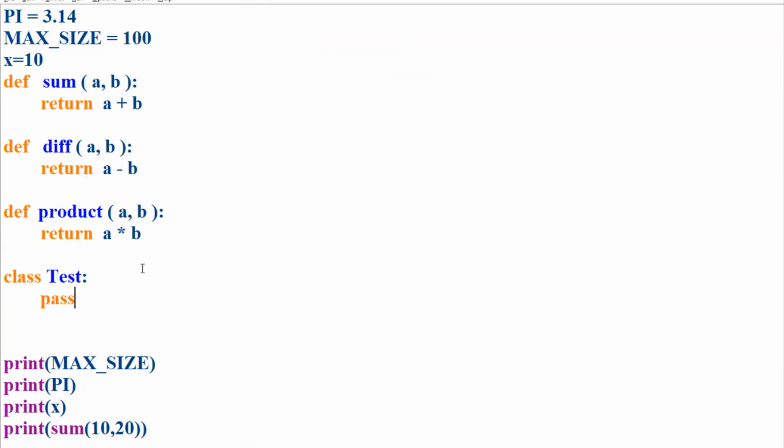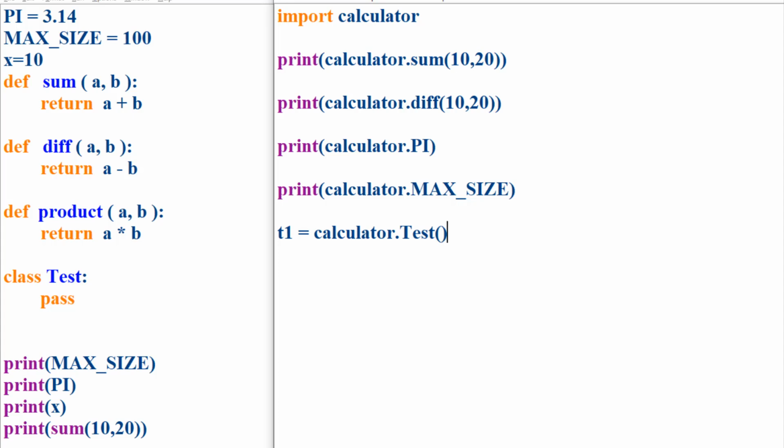So now we understand how this Python file can be executed as a standalone application. But how do we use this as a module in some other application? The same file, without changing anything in this file, you can use as a module in some other application. So now let's see that. This file is named calculator.py. Consider another application with the name